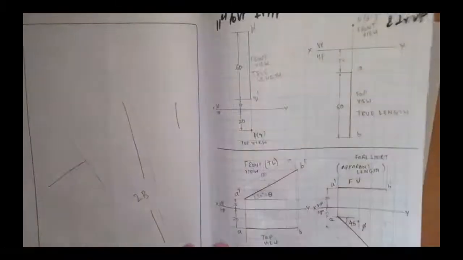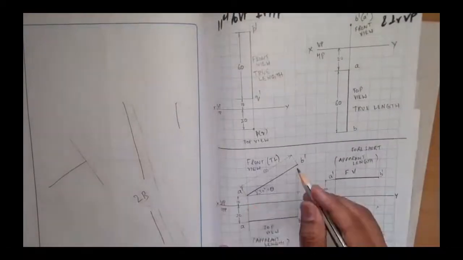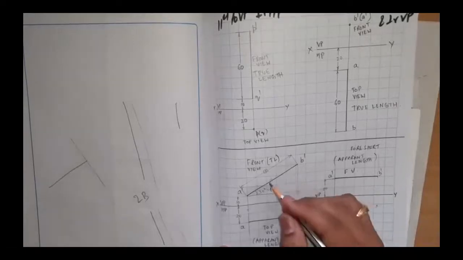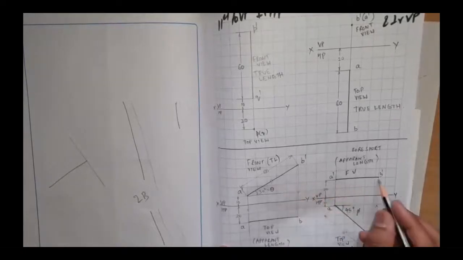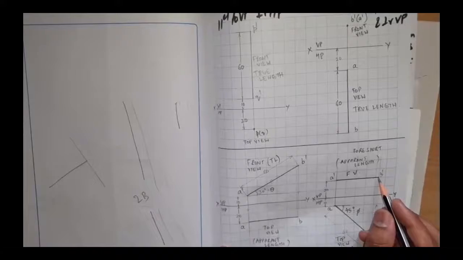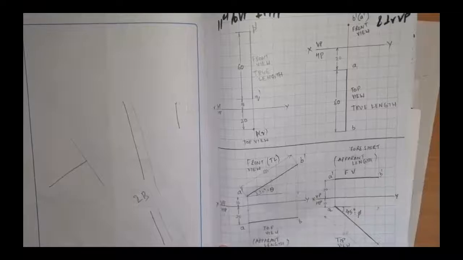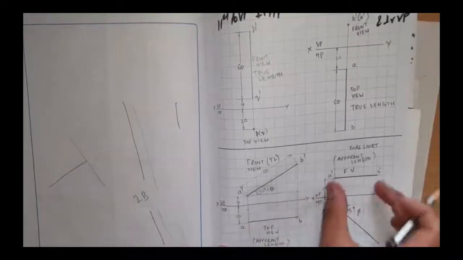See, the true length is projected downwards. That is the top view. If I know this top view, I am projecting it upwards so that I get the true length. So the front view length is here. A dash B dash is here. But B locus is somewhere here for the line inclined to both planes condition. Got it? B locus is not here. It is somewhere here. So top view and front view, these distances I know.